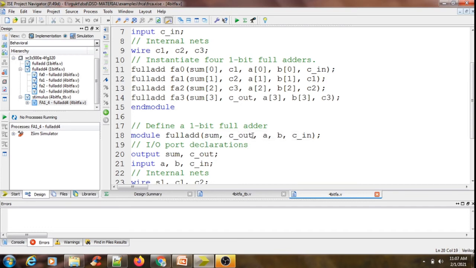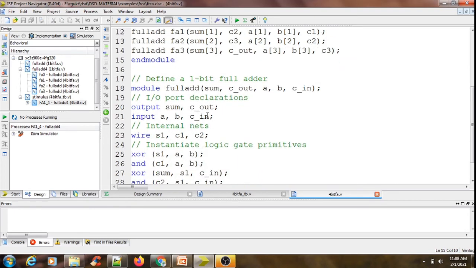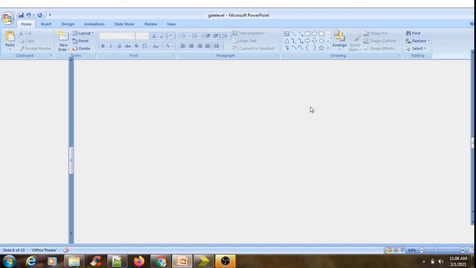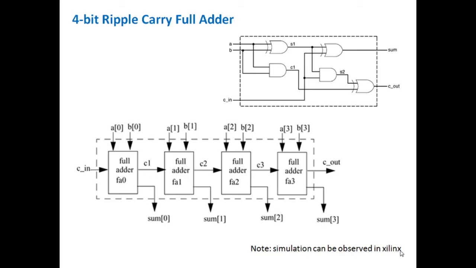Like here, outputs are followed first, followed by inputs. Similarly, during module instantiation, outputs have to come first and then inputs. So output sum, cout, input A, B, Cin, and in between I have wires S1, C1, C2. These wires are not used for the ports; they are used to establish connections in between the gates.